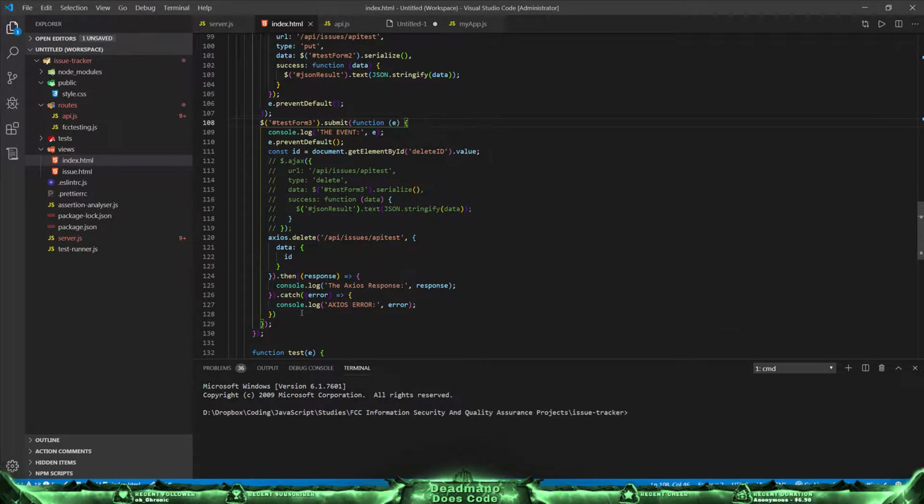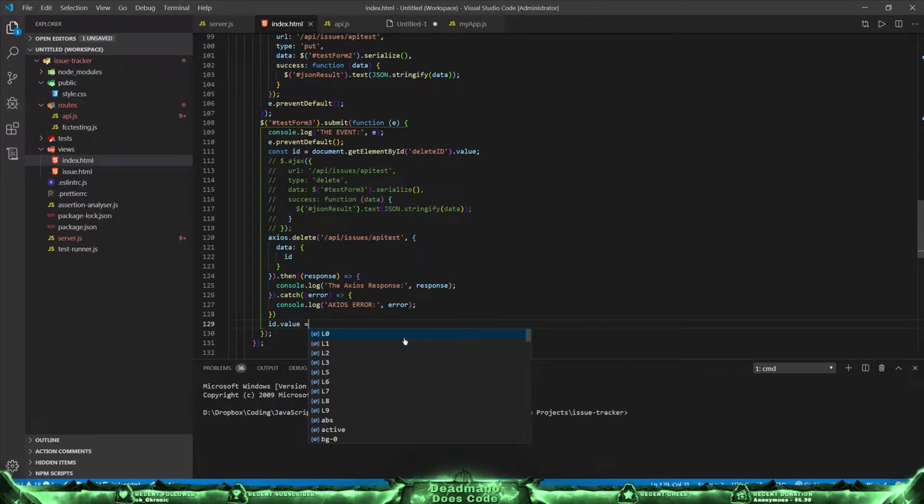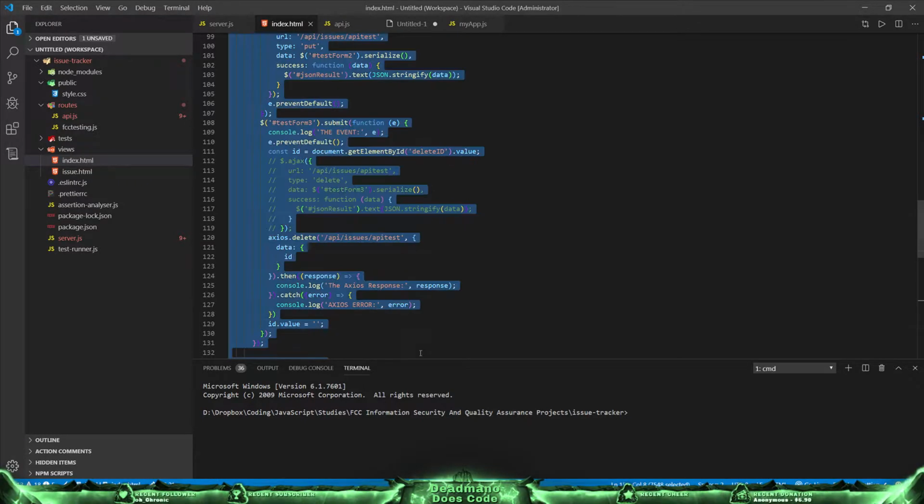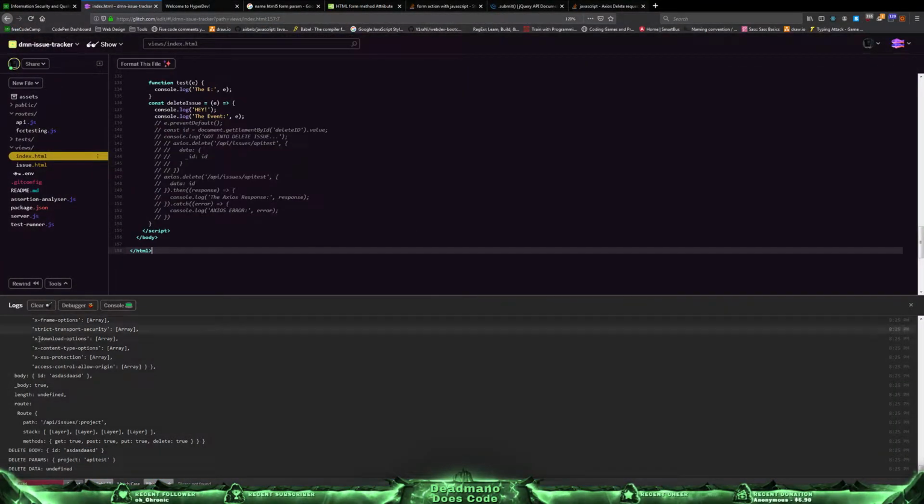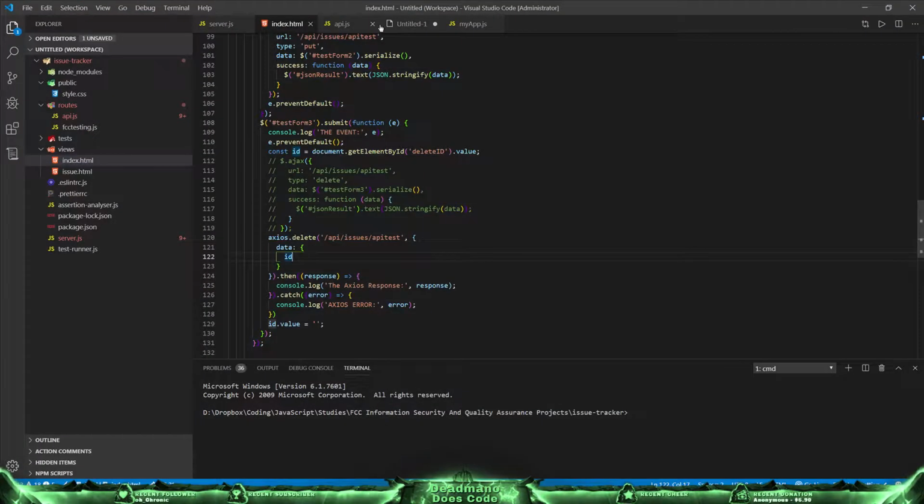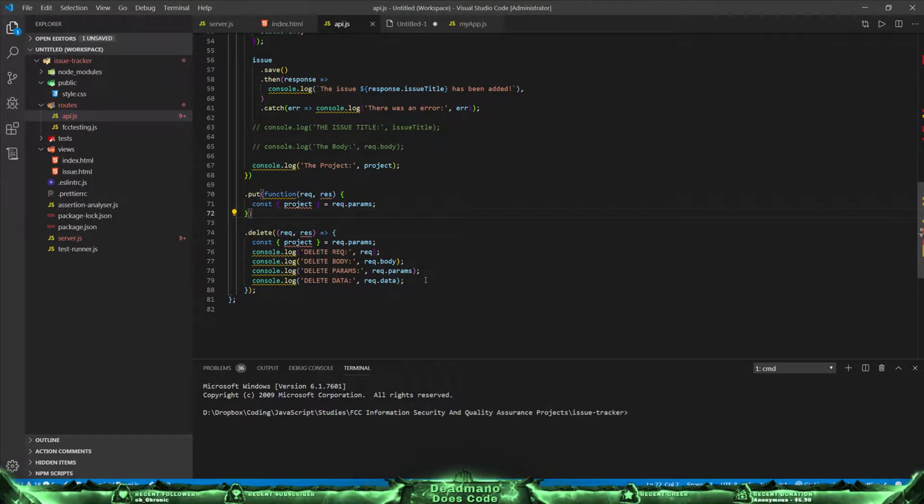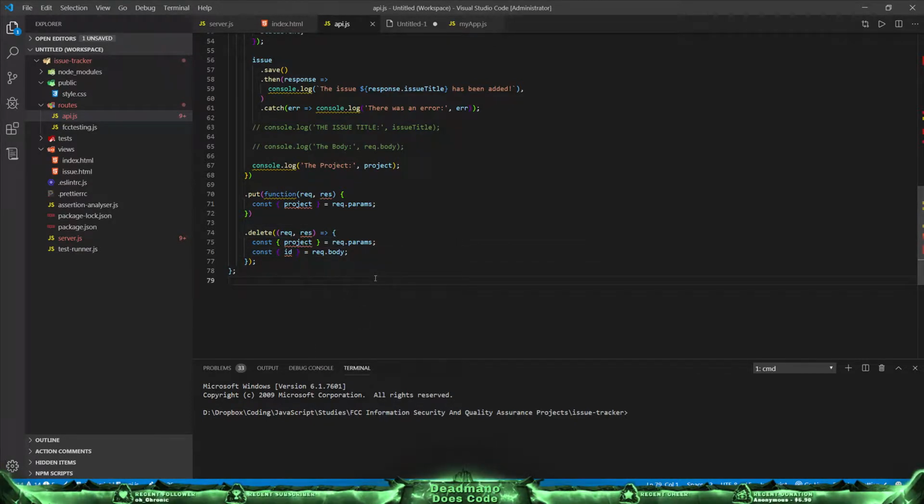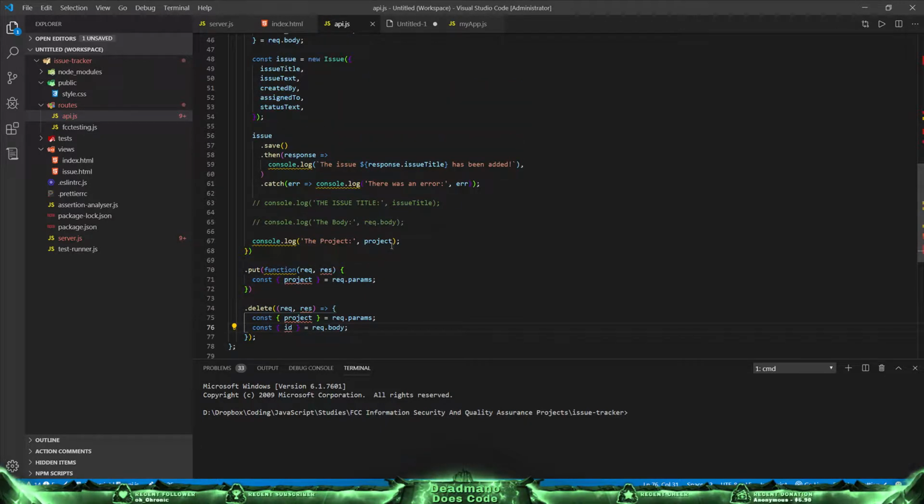And then at the end of this, we want to do id.value equal to null. Just empty it again. Okay, and then in the API, we just need request.body.id. ID from request.body. And then we can do things such as